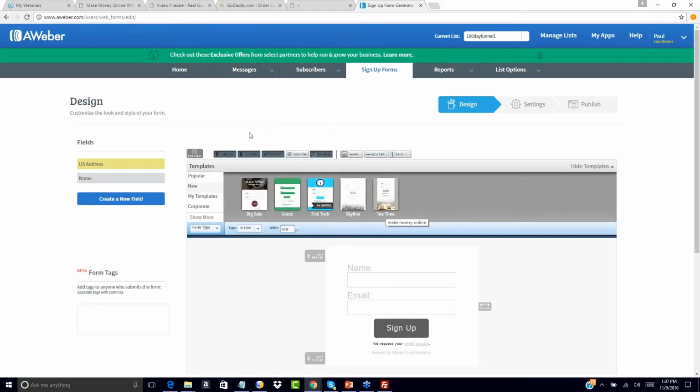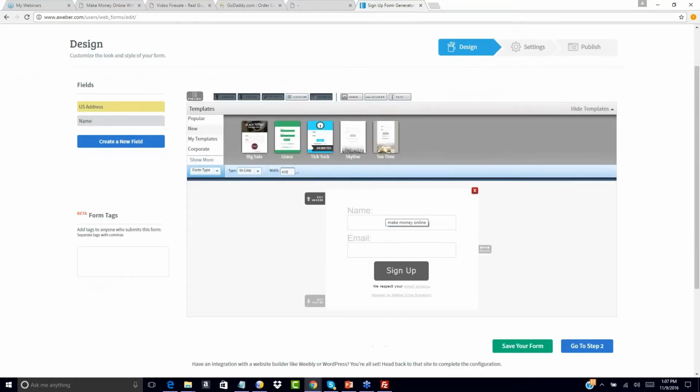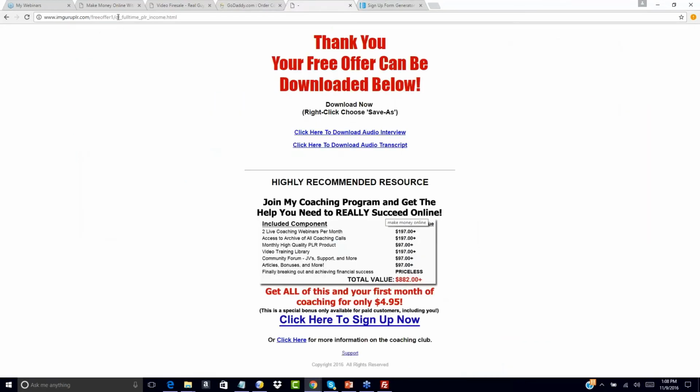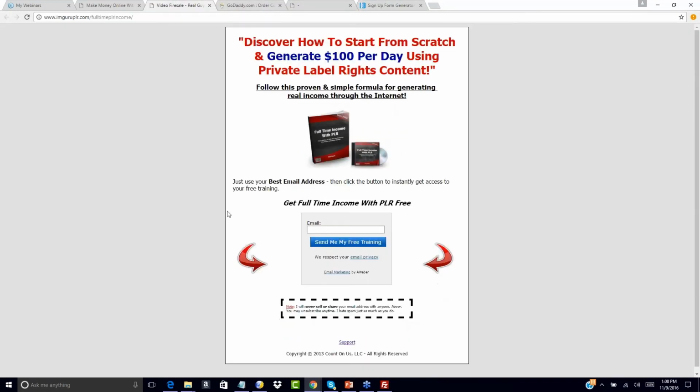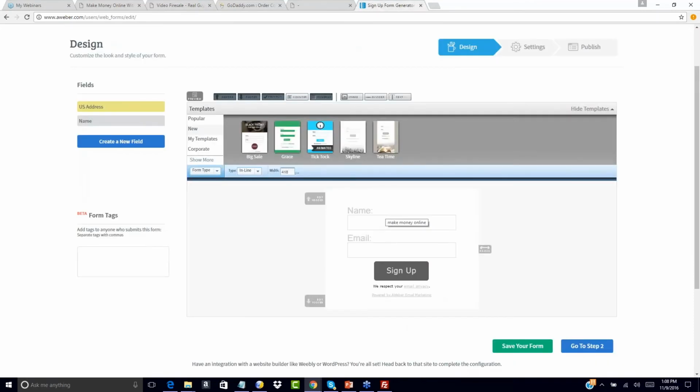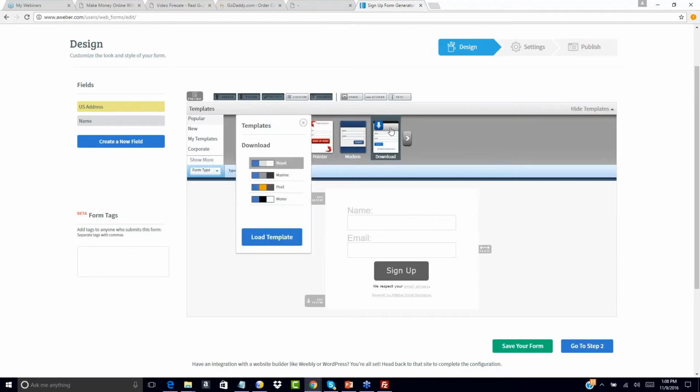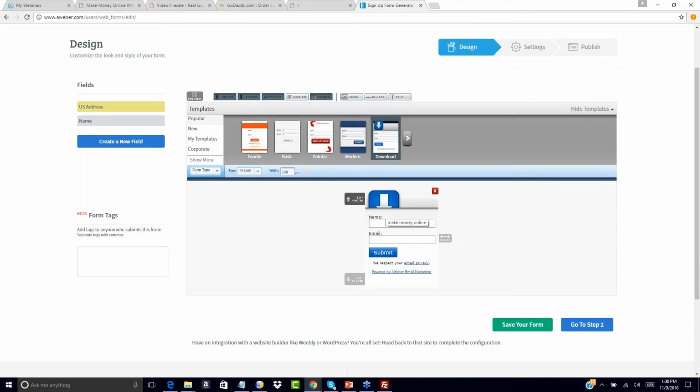Okay, so now what we're going to do here is go to the opt-in forms, and we're going to choose our template. So there's several templates that you can choose from. There's some that I've used pretty successfully, so I'll show you which one that I've used. It's this gray one with this blue background. It works really well for me. Again, you can choose from any of the templates that you want. You absolutely don't need to use the one that I use. I just happen to like that opt-in form, that's all. So I'm going to choose Load Template,